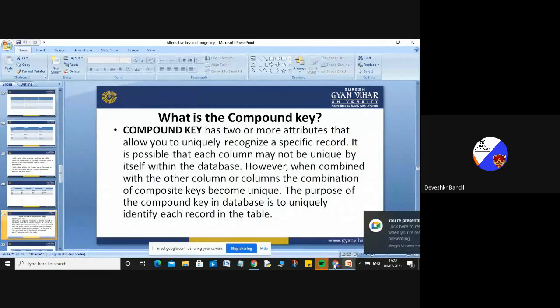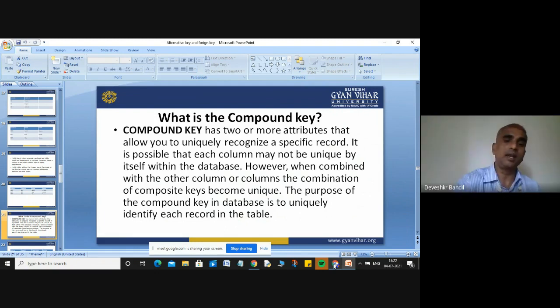It is possible that each column may not be unique by itself within the database, but when combined with other columns, the combination of the composite key becomes unique. The purpose of a compound key in a database is to uniquely identify each record in a table.